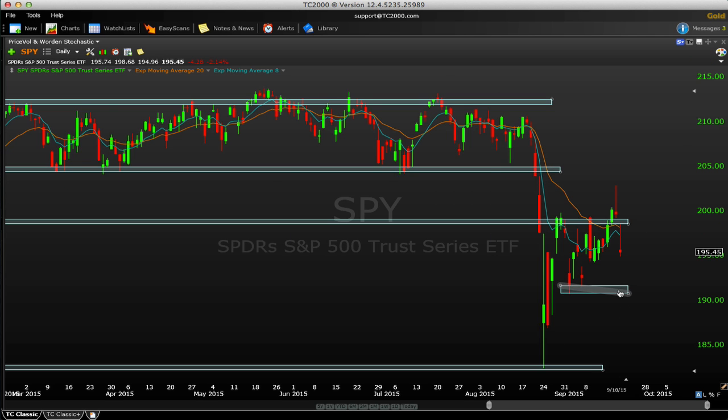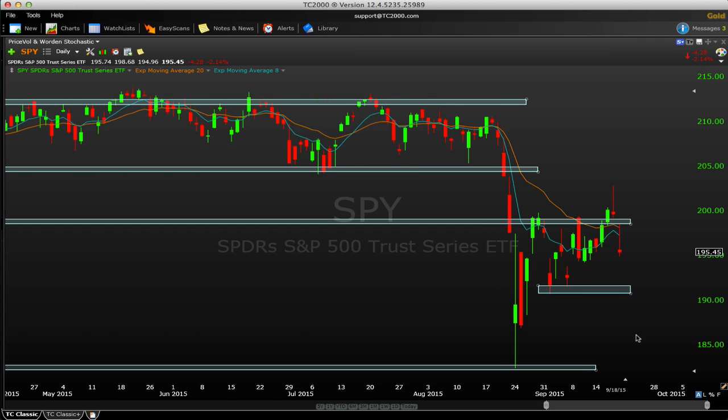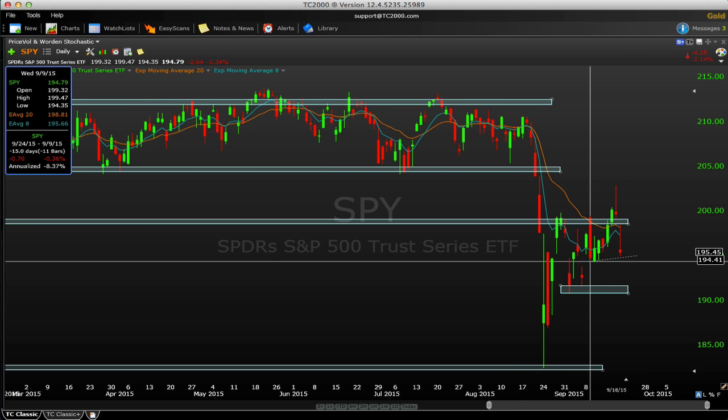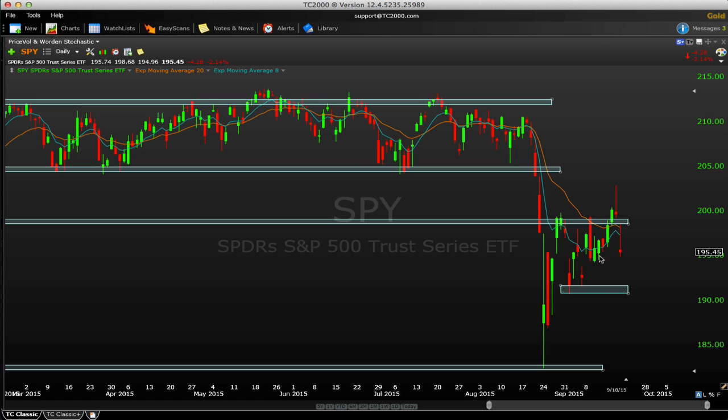Let's go back to the SPY chart. You can see it doesn't look as clean here, but of interest now is this smaller level down here at 194.30, 194 and a quarter, however you want to paint it. We had a lot of lows in here. We had a gap here. This is going to be an interesting level to see if the bulls can step in and prevent further washout